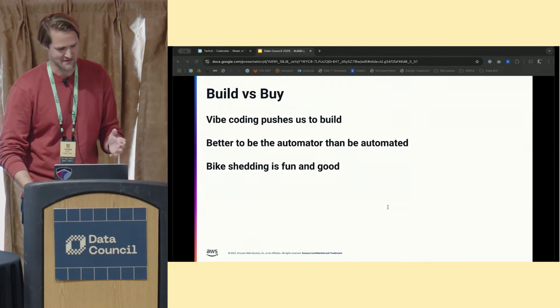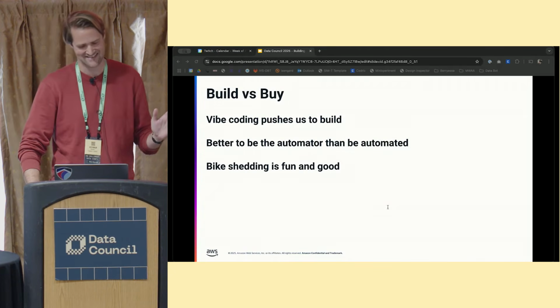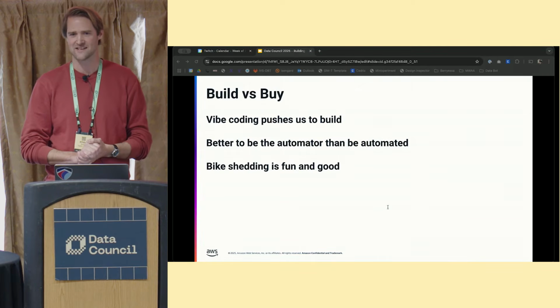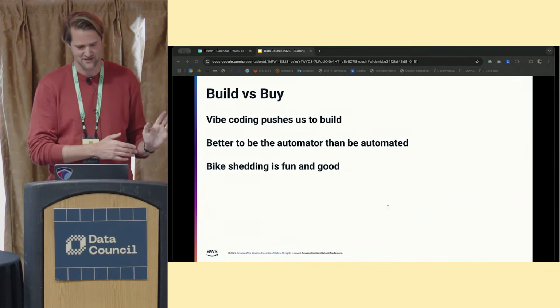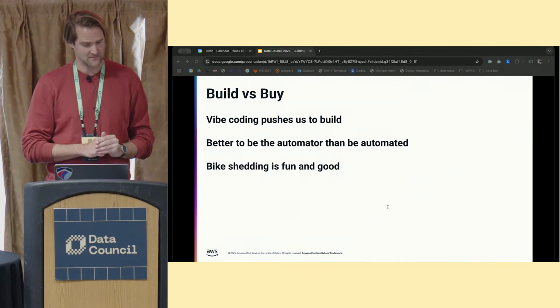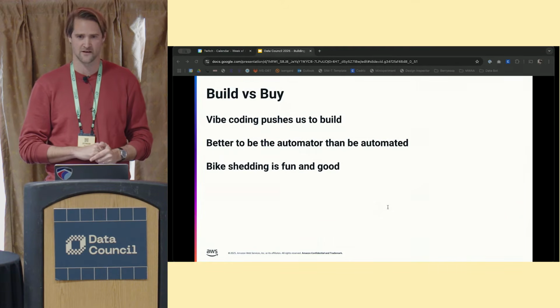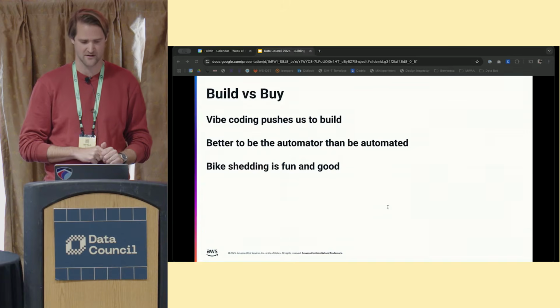And finally, bike shedding is fun and good, which is a spicy take. But I don't know if you've tried really getting excited about a project and throwing yourself into it. Of course, I say this a bit tongue-in-cheek, especially the latter part. But for us in this situation, it ended up providing a lot of value to focus on something that wasn't necessarily our top priority.